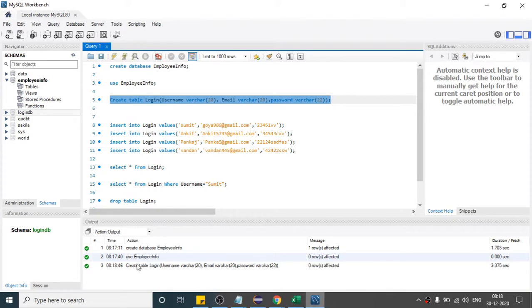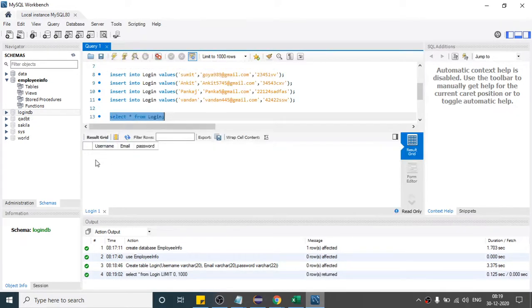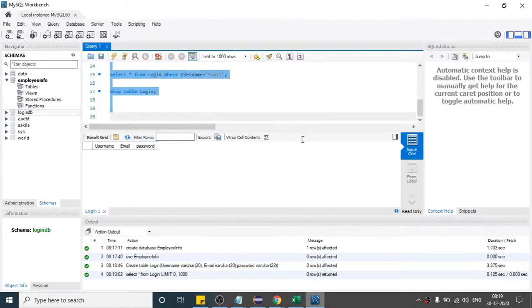So it is, I think, created. Yeah, green tick, it has created the table. So inside the table, if I want to see all the data, you can provide this command, select star. Star means every data. Select every data from the table and display. So if you see this, as of now you do not have any data, right? Because I have not inserted any data, so you are seeing an empty table.